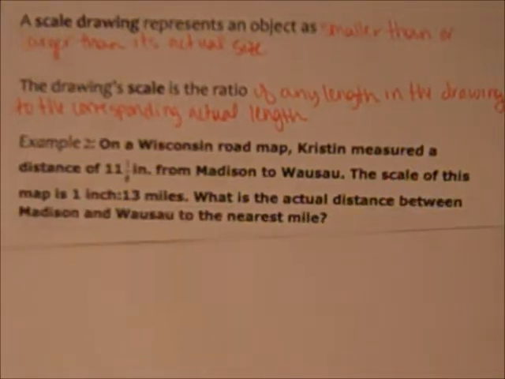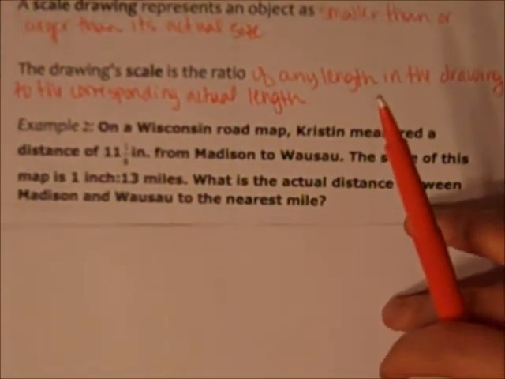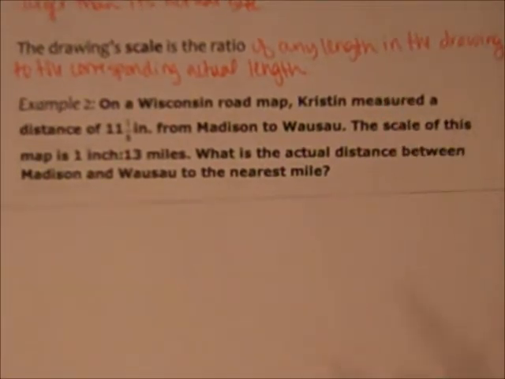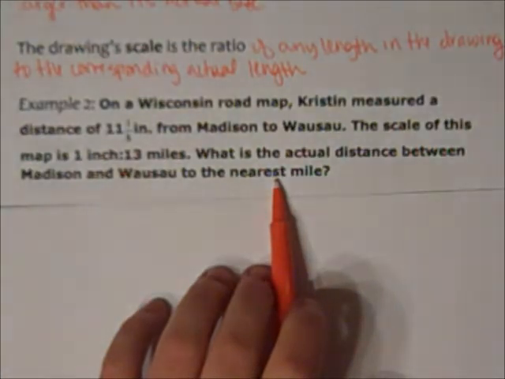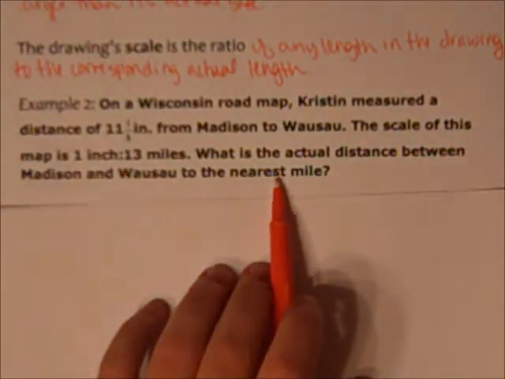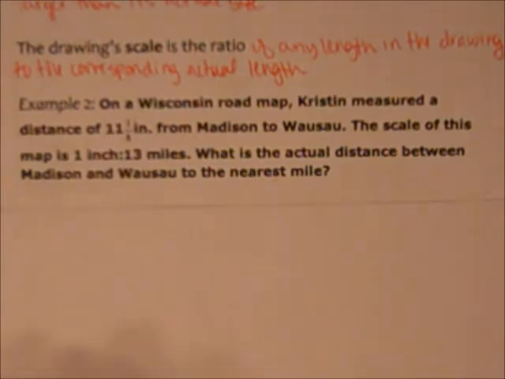So on a Wisconsin road map, Kristen measures the distance as 11 1/8 inches from Madison to Wausau. The scale of this map is 1 inch is 13 miles. What is the actual distance between Madison and Wausau to the nearest mile? Okay, so I do have this fraction in here, and they're telling me I'm going to answer in the nearest mile, so I can go ahead and change that over to a decimal if you feel more comfortable that way. So 1/8 is actually 0.125, so I'm going to say